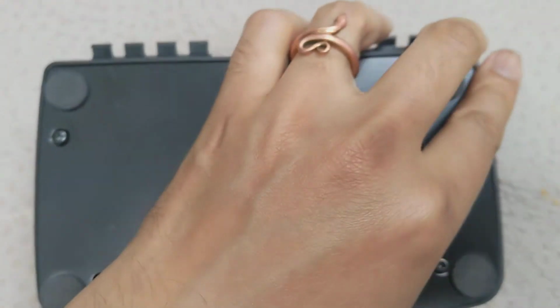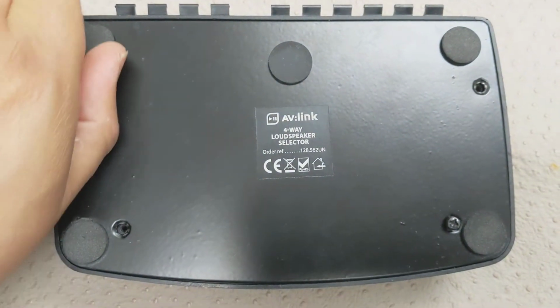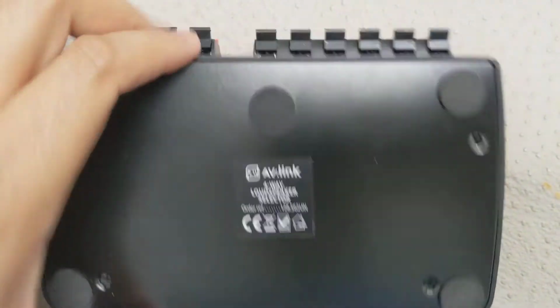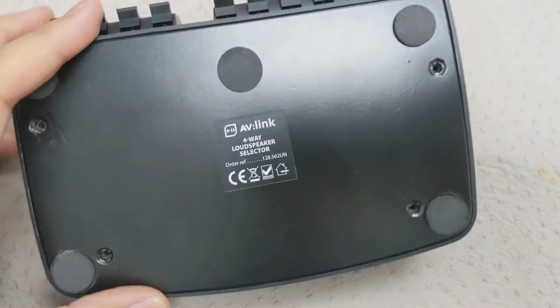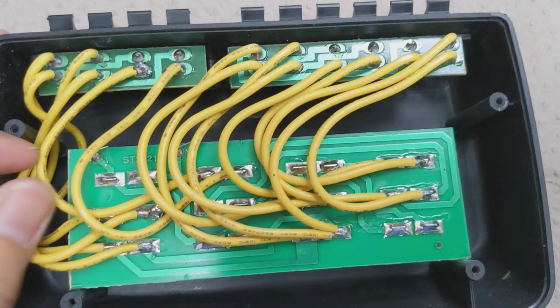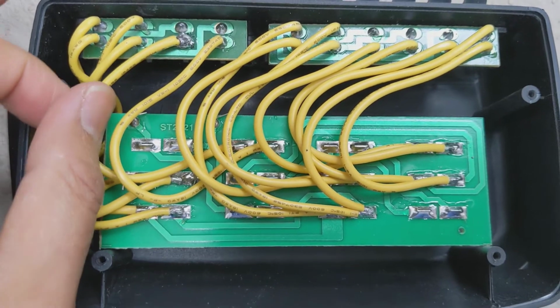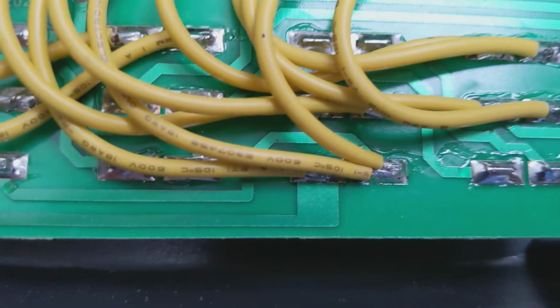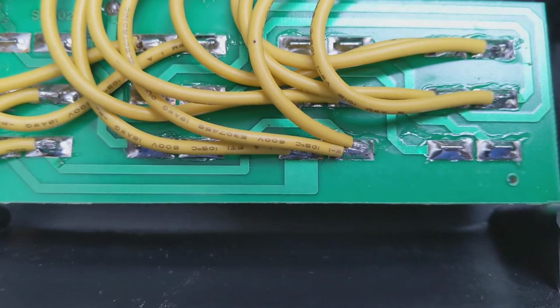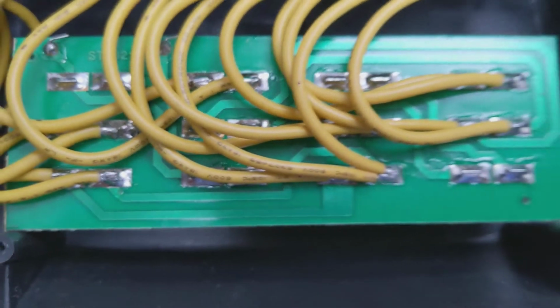You can have a look on the inside to see what the wiring is like. Unfortunately, I'm not going to be able to show you the exact schematics of it, but the chassis of the unit is made in plastic and the base plate is metal, and that's what you have inside. Fairly thick gauge wires, very stiff to move. You can see the rating or the model number on that. It's 18 gauge wire on that sort of